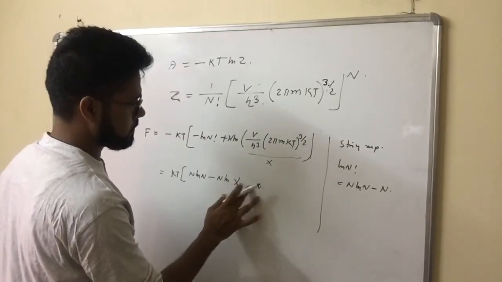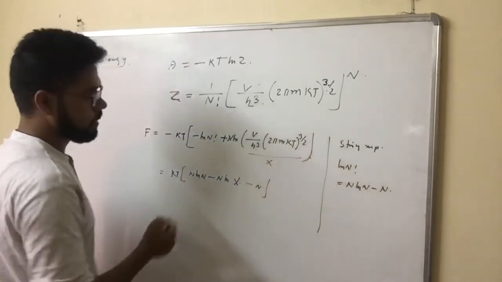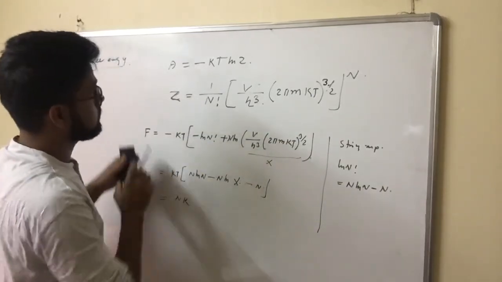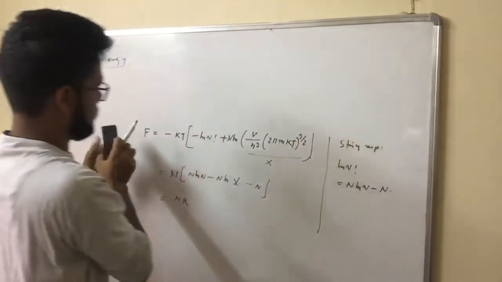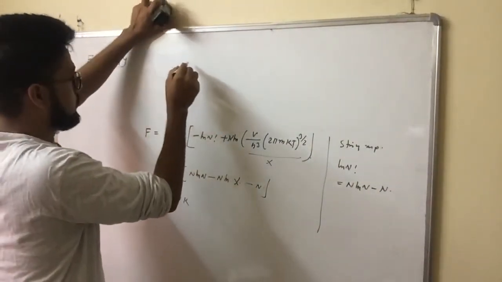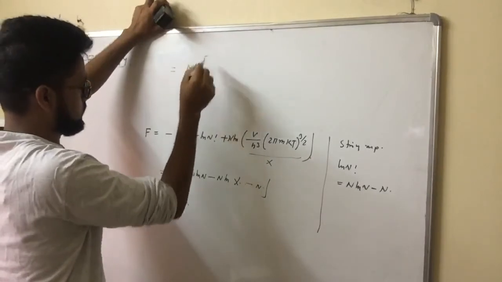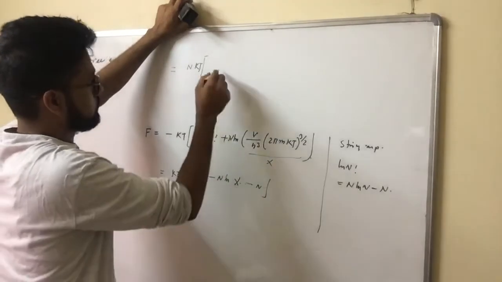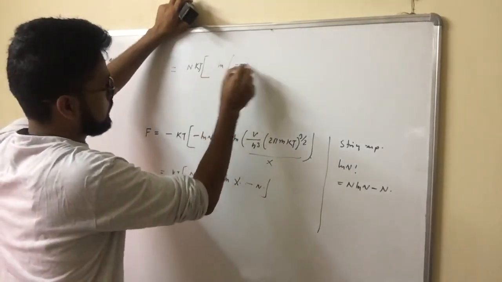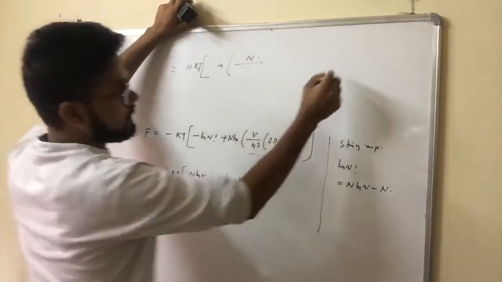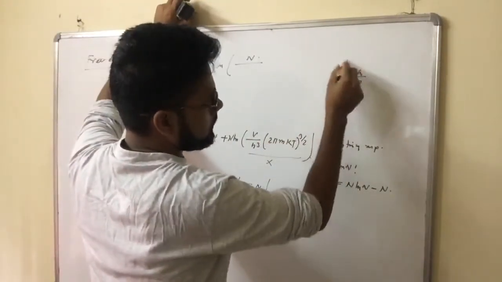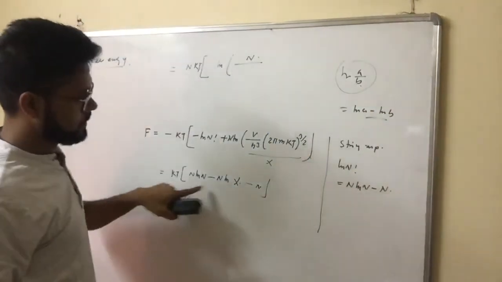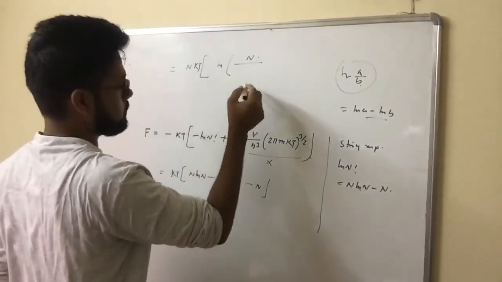Minus plus minus minus n1. So n is common, n will come out. nk is common, or t is also there. T is common, so it will be ln n. Okay, this is ln a minus b form. a minus b equal to ln a minus ln b. These two terms, so I directly put